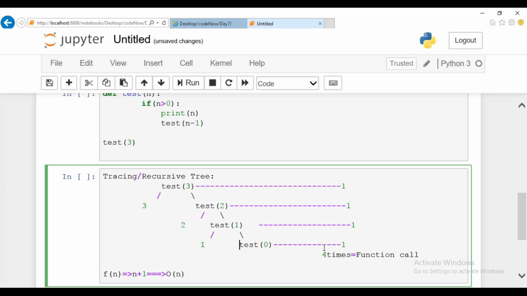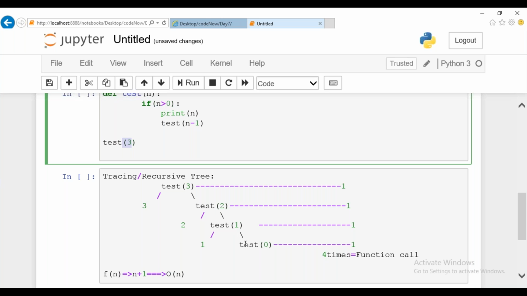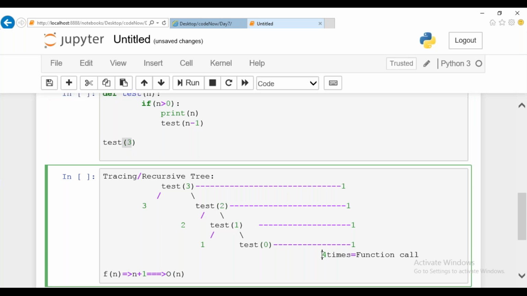So how to calculate the efficiency of this tree? That is nothing but how many number of times this particular tree has recursed. You are supposed to find it out. You can notice that if my n value is 3, this particular tree has been called 4 times. If my n value is passed as 4, this particular recursion might have happened 5 times. That is, f of n is given as n plus 1 times the number of recursions that happen. So I can simply take big O of n as the notation. Till this we have completed already, which is nothing but the tracing tree.